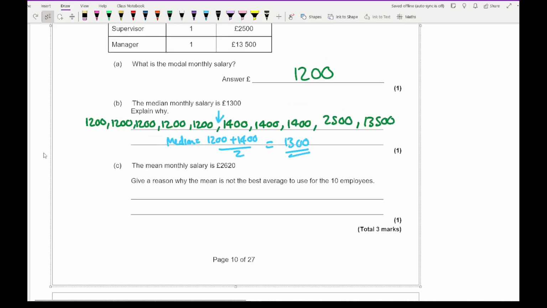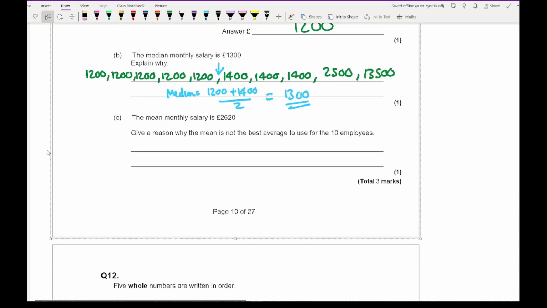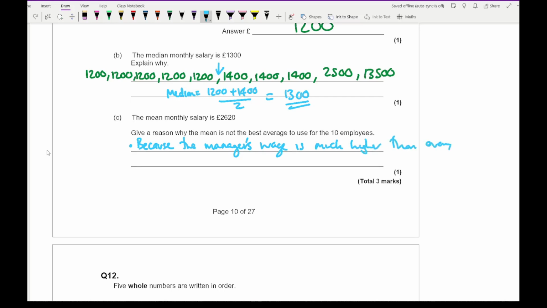The next one, part C, then says that the mean monthly salary is 2,620. Give a reason why the mean is not the best average to use for the 10 employees. And again, there's a couple of reasons which you could state that will get you the 1 mark for this. You could say something along the lines of, because the manager's wage is much higher than everyone else's,